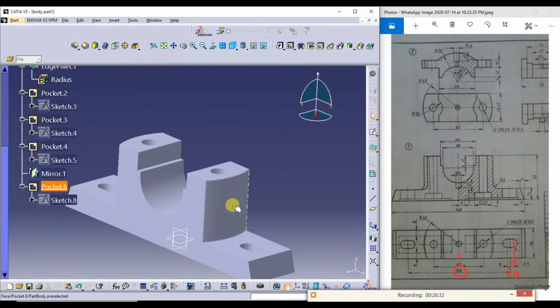See here, I got a fillet kind of edge here at the surface. So all the parts are created here. Next I need to create an oil hole here.